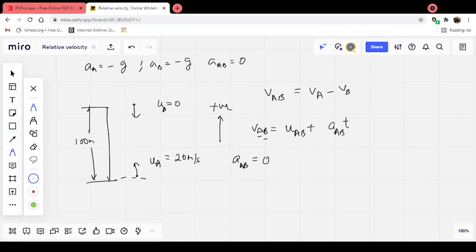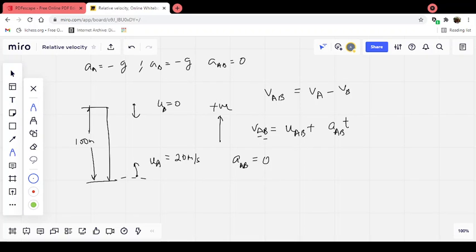So we can remember that whenever two bodies are moving, not only in a single dimension but in two or more dimensions, and they are moving in the same kinds of fields, with the same kinds of acceleration, that is, let's say there are two balls projected at different angles theta, and even at different times.